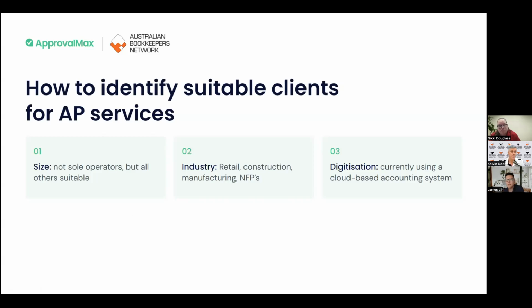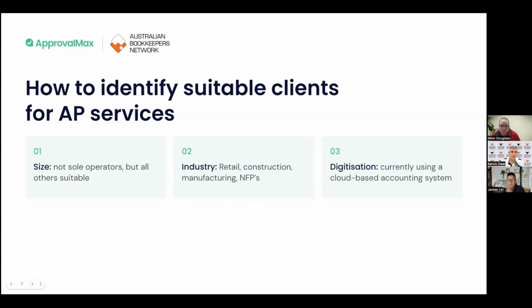I think the ones I mentioned are usually the ones that we see coming into ApprovalMax. But there are different requirements, right? For NFP, like you mentioned, the compliance and regulatory side of it is a higher need. And for some other industries, it'll be more around streamlining that process, because they have so many bills and transactions that the time saved is really the main issue. Yeah, volume can be a real problem, can't it? Thanks very much for that, James.